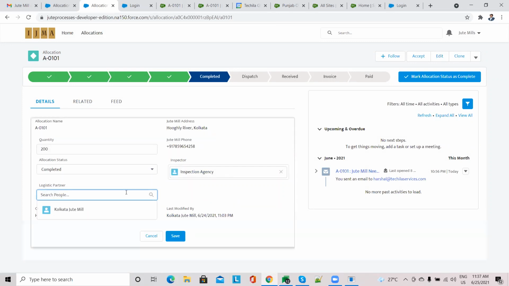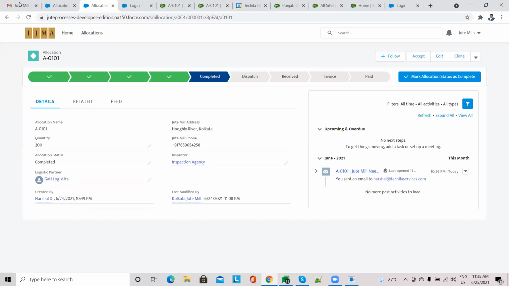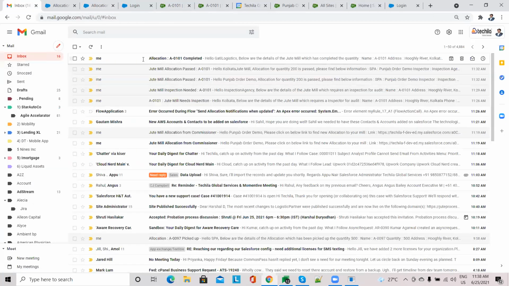They can type and search the logistic partners in the system, and they just save. As soon as this happens, again an email goes to the logistic partner saying allocation has been completed. They have their own portal as well.